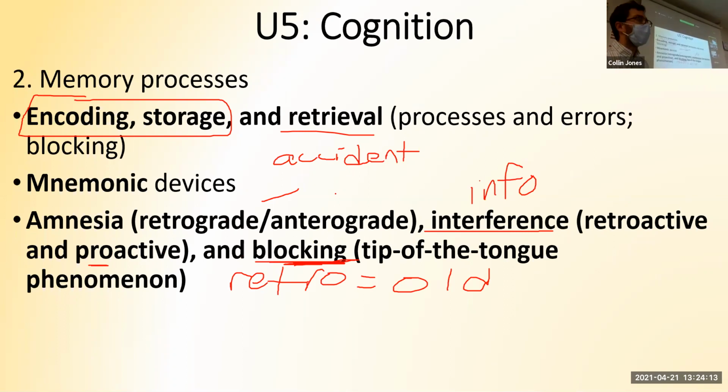Any questions about the memory stuff as you look through your notes, Sarah? So retrograde is like you had an accident and you've forgotten everything from before the accident and it ain't coming back. So amnesia, there was an accident. Interference is like you're just getting two pieces of info mixed up. Yeah, and in both of them you've forgotten the older thing. But is it because you got hit in the head and you have amnesia and it's never coming back? Or are you just temporarily mixed up on these things in your life? Amnesia is worse than interference for sure.